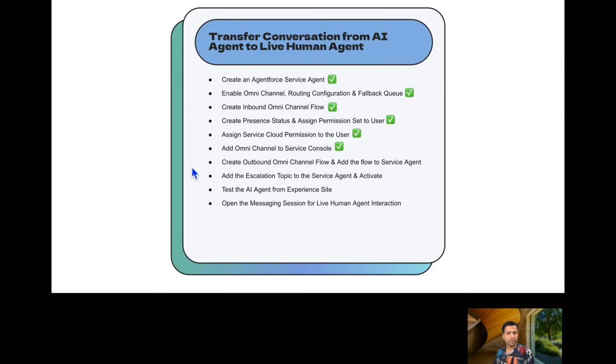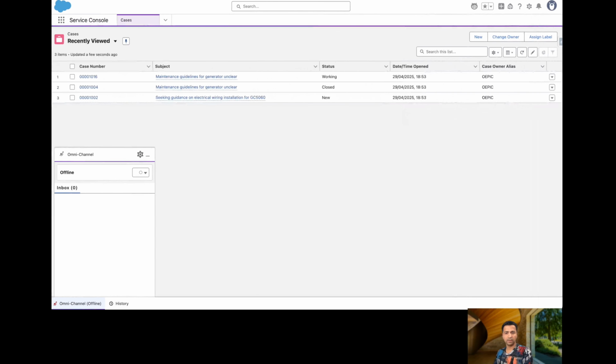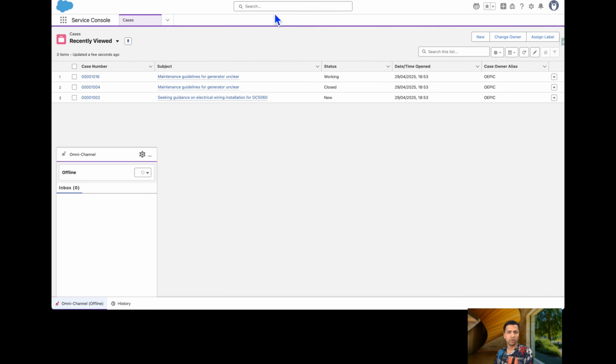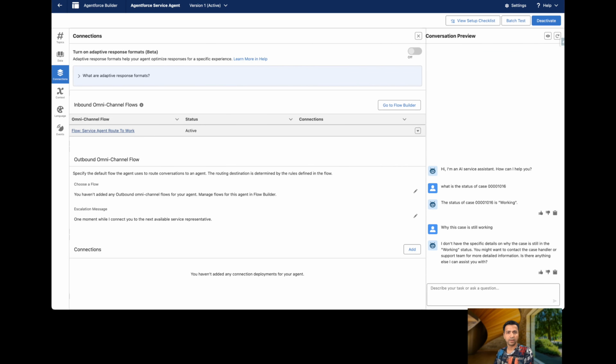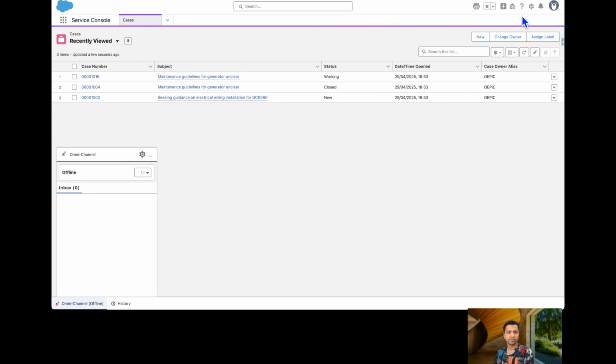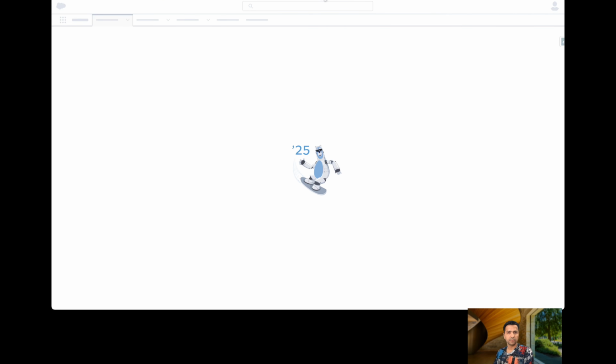So we added the Omni-Channel to the service console. Now we also need an outbound Omni-Channel flow, which is responsible for routing the work from the agent to a live human agent. So let's create an outbound Omni-Channel flow, because that is something I have not created yet. So I am going to set up